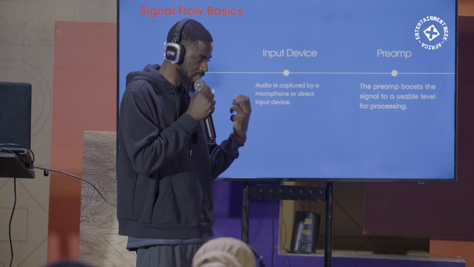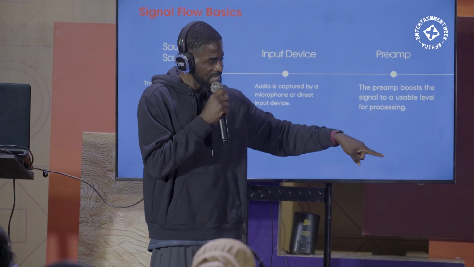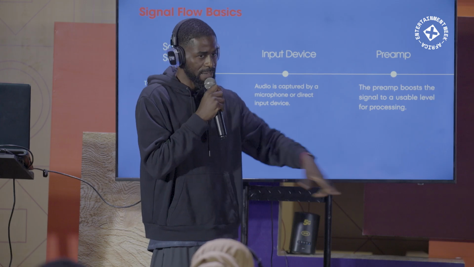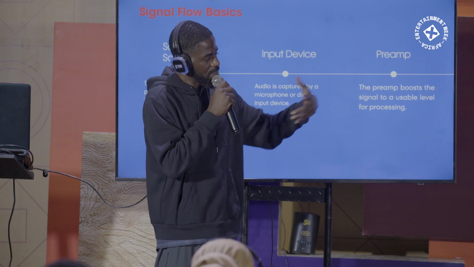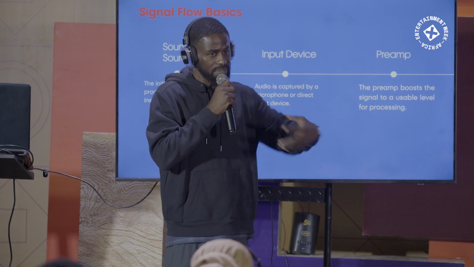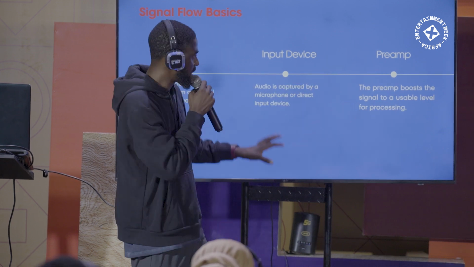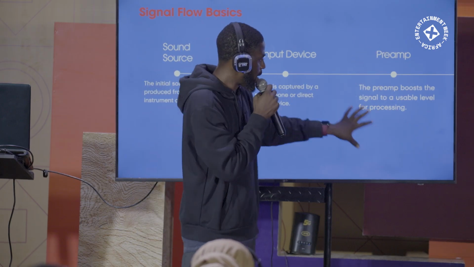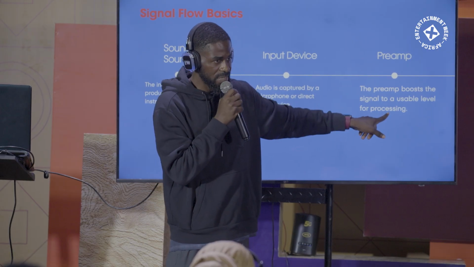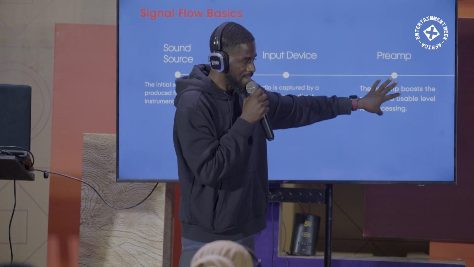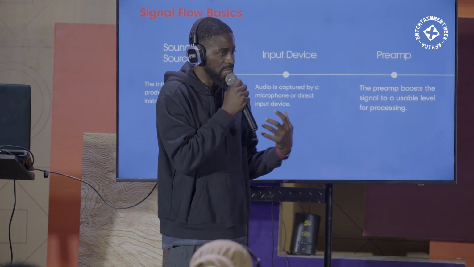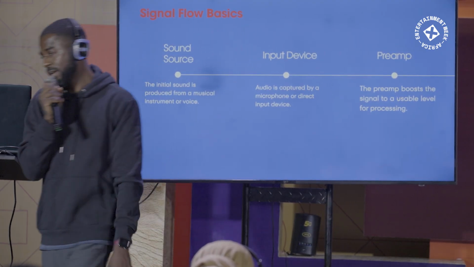So you plug your guitar into your guitar amplifier. Basically, what that guitar amplifier does is it amplifies the guitar, or your keyboard amplifier amplifies the keyboard if you plug your keyboard into it. So it multiplies the wattage of that signal and makes it sound bigger. It boosts the signal to a usable level for processing. You understand? And anywhere you see an amplifier or a pre-amplifier, basically it boosts the signal level. You understand? All right?